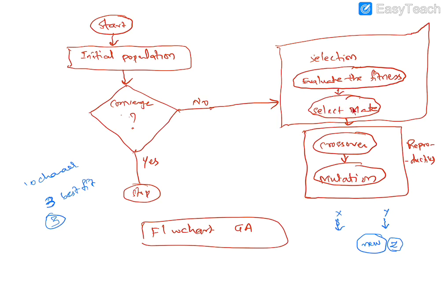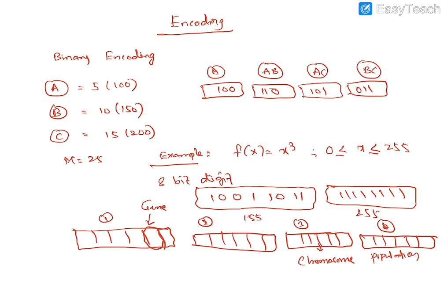So once the selection is over, then you have to enter into the reproduction activities. Under reproduction activities, we are going to perform crossover or mutation. Those results are then forwarded back to the convergence test condition. If it is true, it enters into the stop. If it is still false, then we perform no operation. So this is the kind of activity which we observe under genetic algorithm.